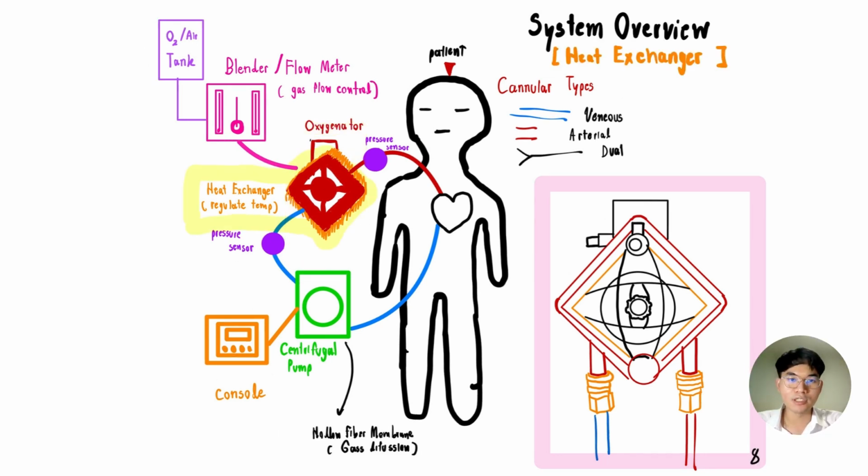Moreover, the oxygenator works along with a heat exchanger, which plays a crucial role in regulating the temperature of blood before it returns into the body of the patient. This component ensures that the blood is maintained at a normal physiological temperature, helping minimize the thermal stress on the patient